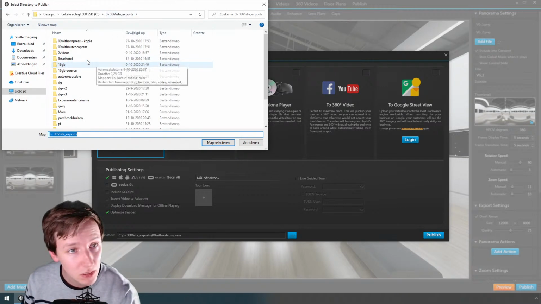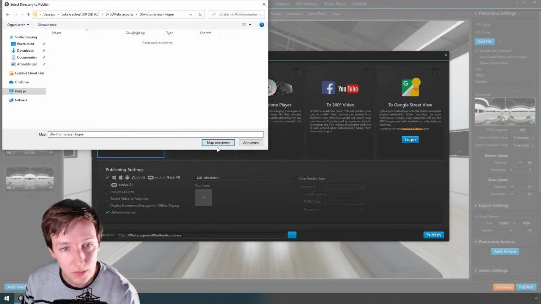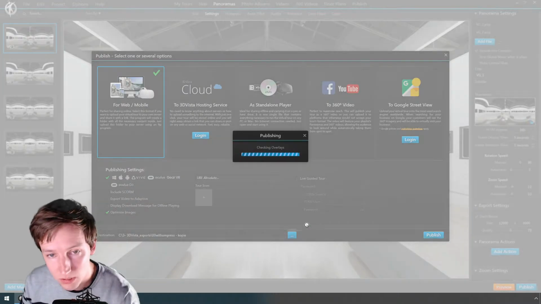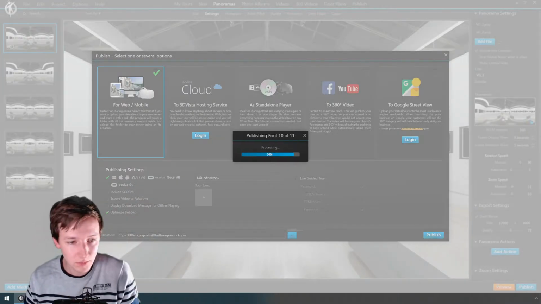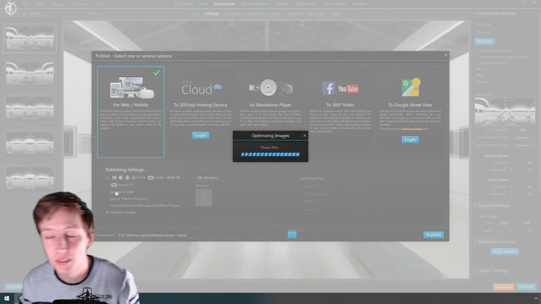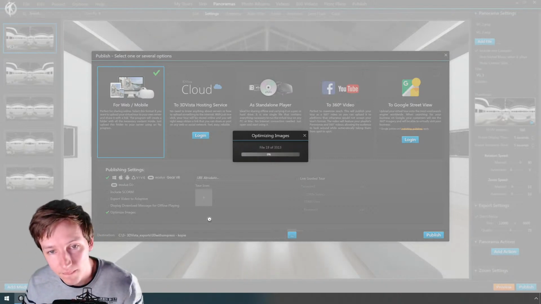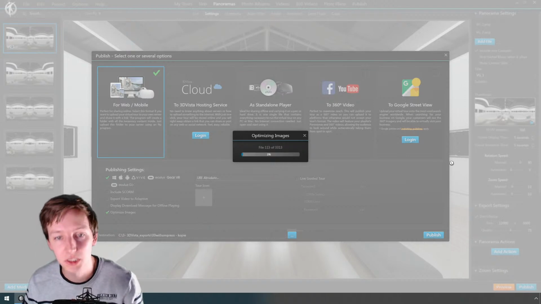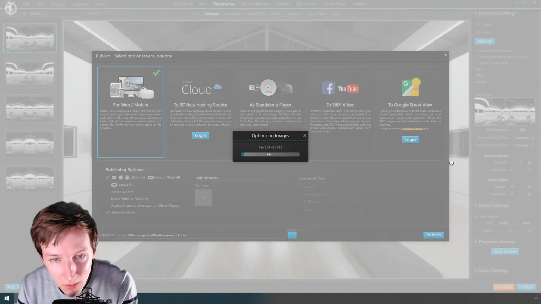Without, with, select, publish. What kind of files? I think these are PNGs, the panoramas. Okay, you can see that it's doing something here as well. But wow,